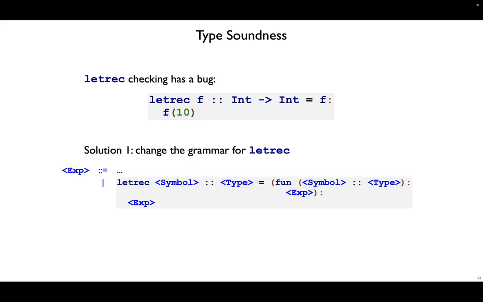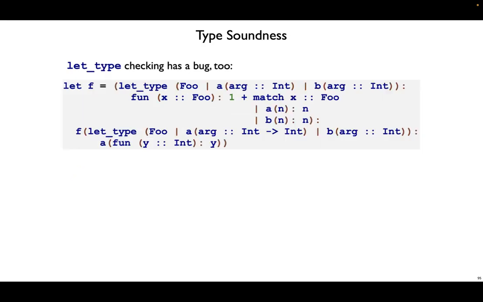One way to deal with this bug is to change the grammar for letrec, and some languages do this. They'll say letrec must have a function on the right-hand side, so that way we can't possibly use a symbol on the left before it's been bound, because this function will immediately evaluate to a closure value. As we've seen before, though, this kind of rule rejects some useful programs that still don't have use before initialization errors. And so an alternative, which we'll go with for typed Mo, is to say we'll adjust the soundness theorem. We'll say that these use before initialization errors are okay to happen at runtime, and this means we weaken type soundness.